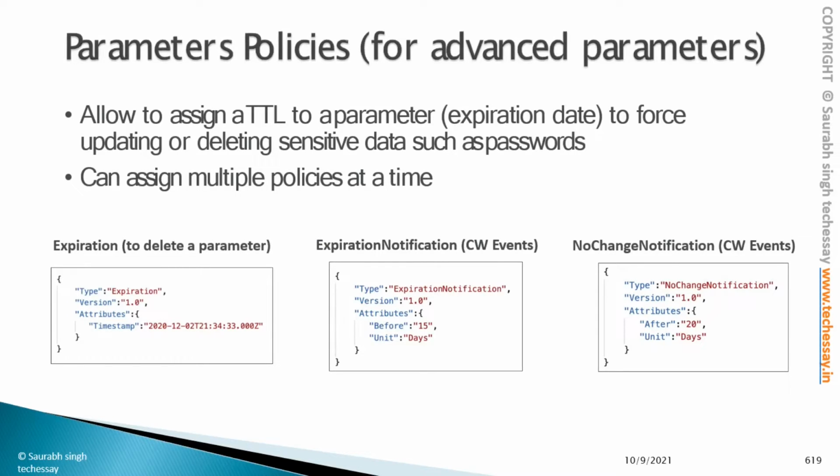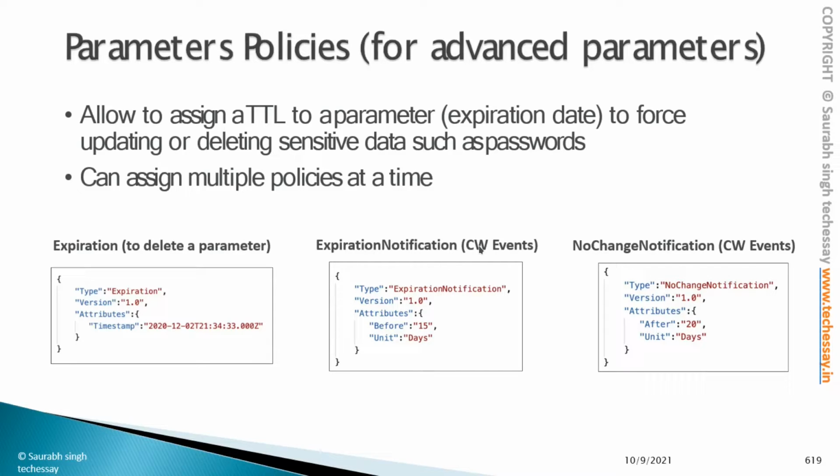So let's talk about parameter policies for advanced parameters. Here we can assign a TTL value to our parameter. Basically TTL is nothing but an expiration date to force updating or deleting sensitive data such as a password. We can assign multiple policies at a time. Let's suppose we want to delete a parameter, then we assign this policy. Basically here the attribute is saved as a timestamp in this manner, and here